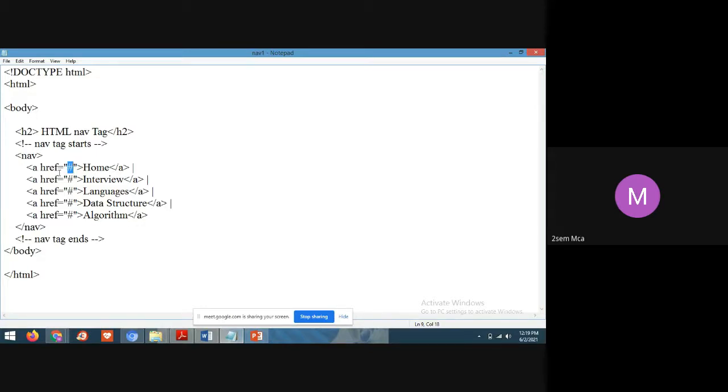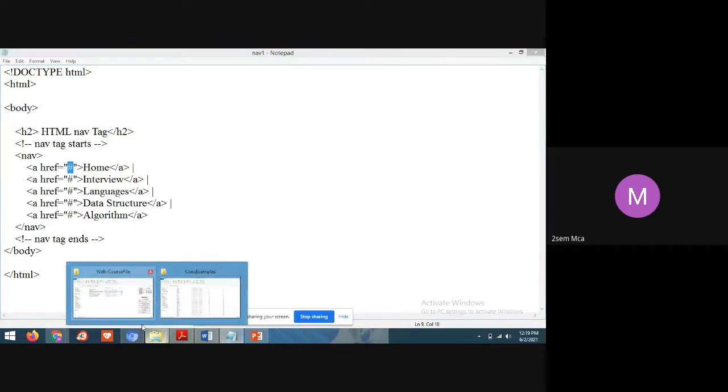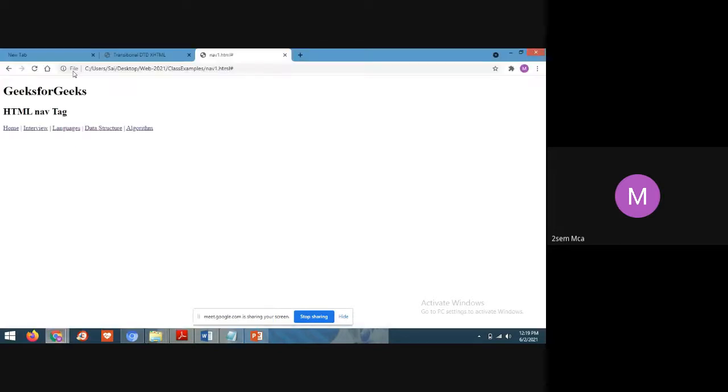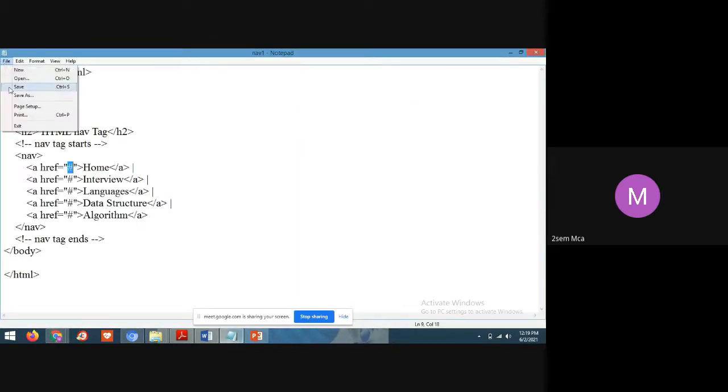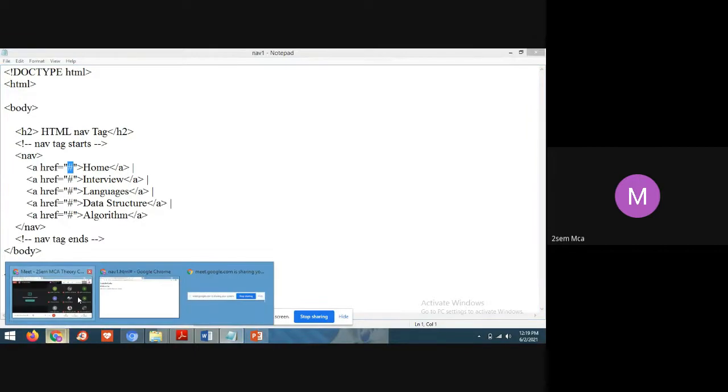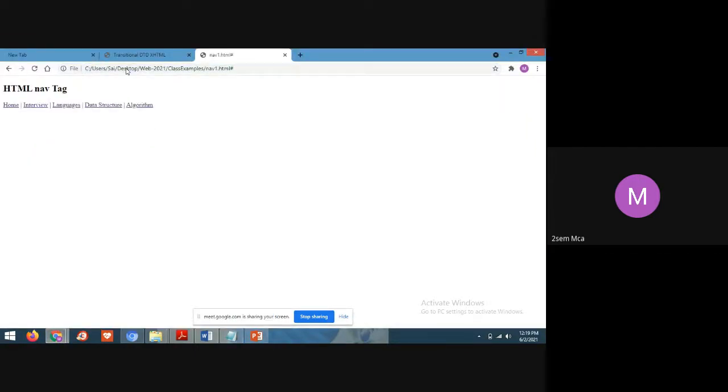Here I have written just href equal to hash home, href equal to hash interview. I have not created any file yet, so I have just created a navigation page. It is just showing the navigations.